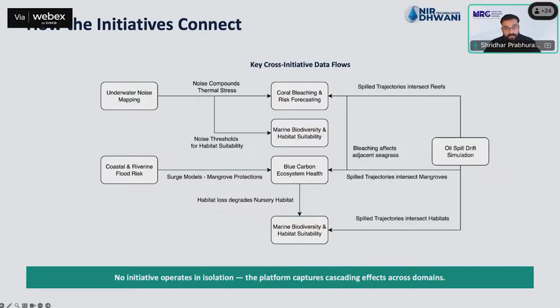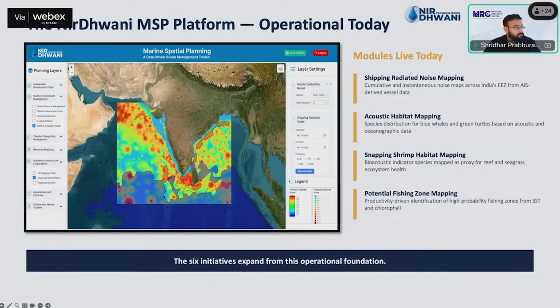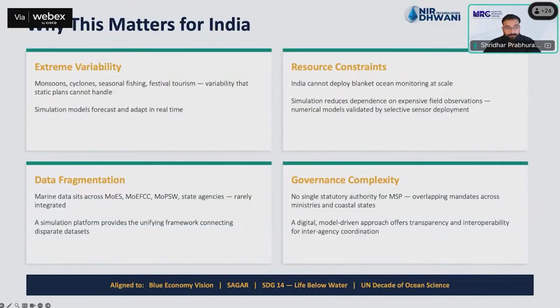The noise and biodiversity aspect: what we have generated in the first initiative of underwater noise mapping directly goes to marine biodiversity. Once we overlay the two maps on top of each other, we can see which regions are of high noise level and which regions are a habitat for marine mammals. That layering on top of each other gives us much more information than these two aspects individually. That's another advantage of the tool that we are building.